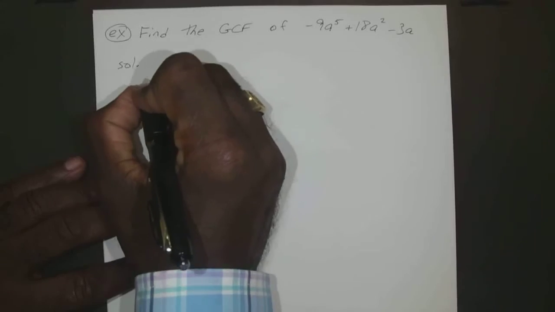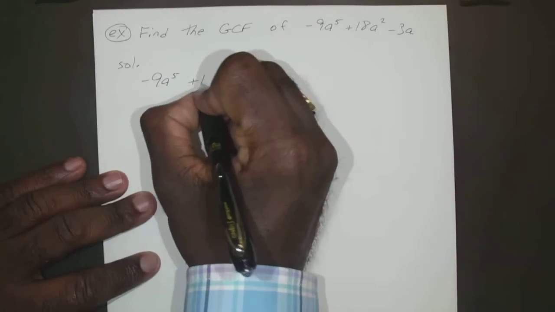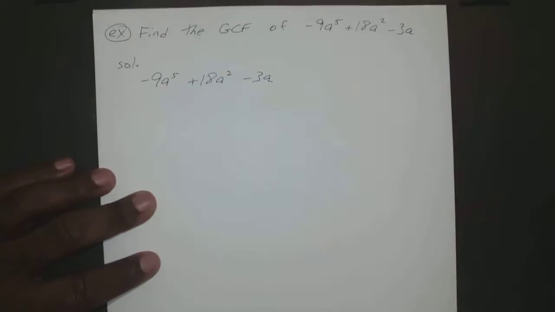Okay, so if we have -9a to the 5th plus 18a squared minus 3a,